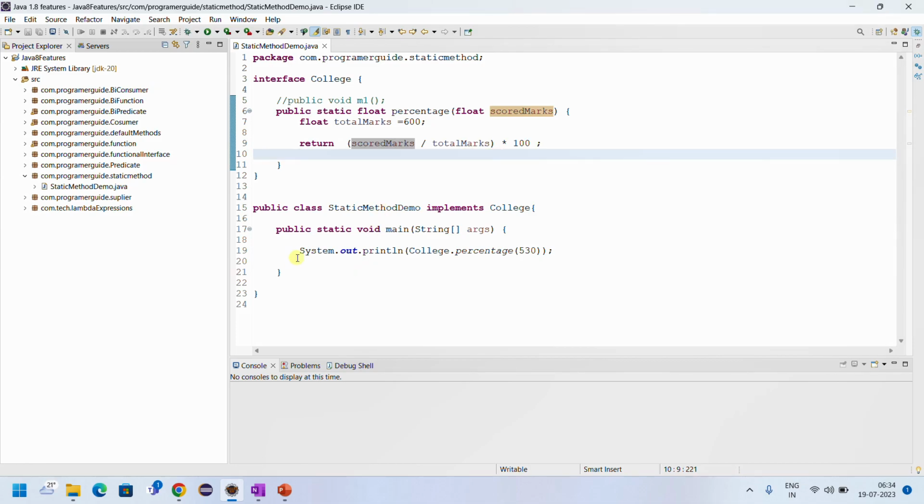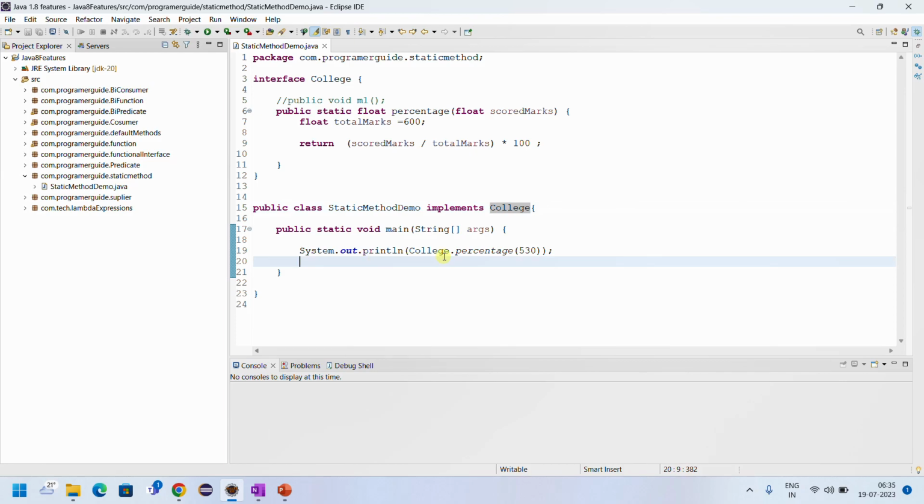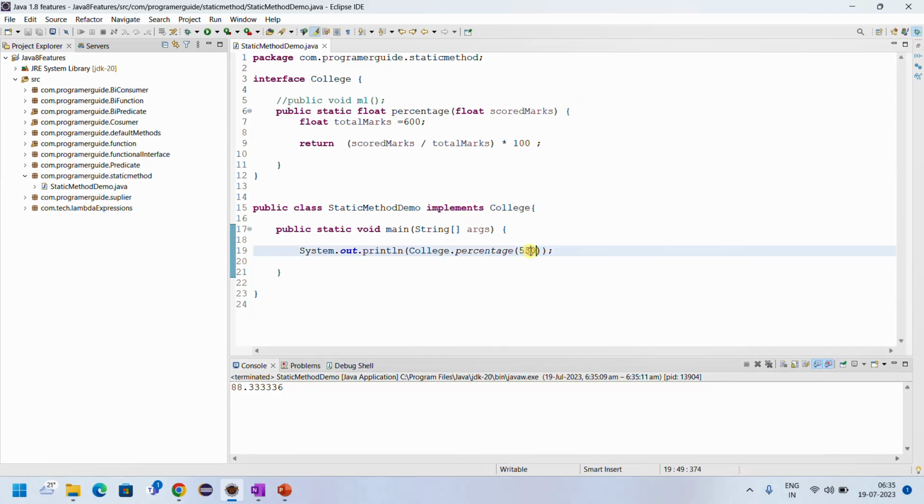If you see here, the static method demo implements the College interface. Since it is implemented, we are not creating the object here. See, the percentage has been calculated for the 530 marks. Suppose I am going to remove this interface call. Even though it is a static method, it is not mandatory to override or call this method. Suppose there is a College,